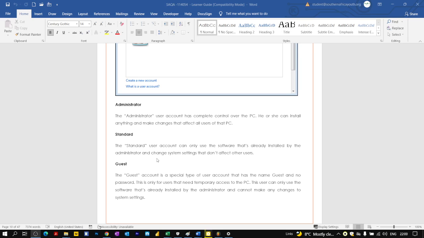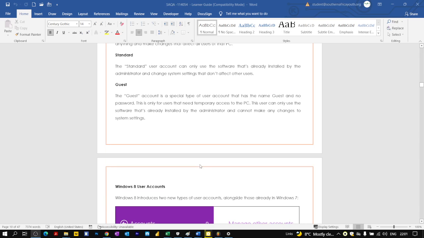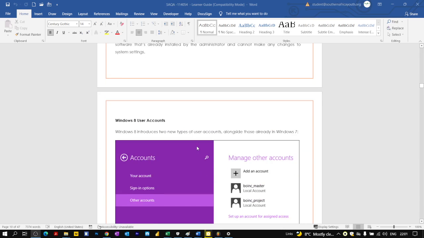Usually this is set up for guests, or for your kids, just to make sure that they occupy themselves with the computer without ever messing up whatever you are doing, because you wouldn't want to give your laptop with all the work that you are doing to your child, because they'll do what children do and you might have to redo everything, if not buy another laptop. So these are the three accounts that you have in